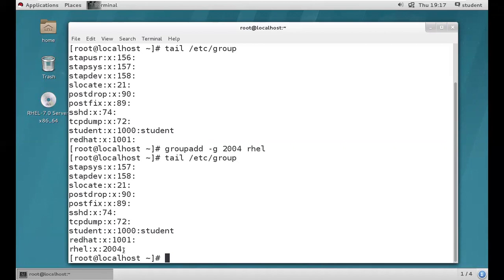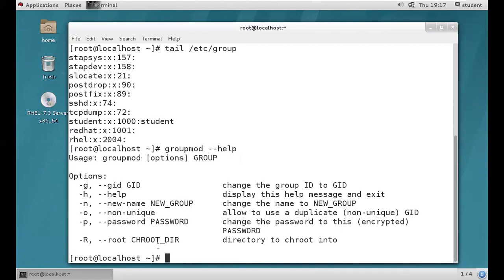Right. Now we have one more command called groupmod. groupmod --help, then hit enter, and you're going to get the groupmod related options. Hyphen small g, we already know, changes the group ID.